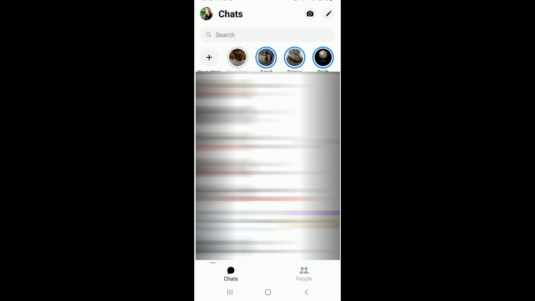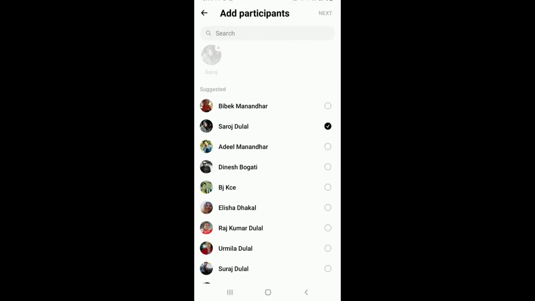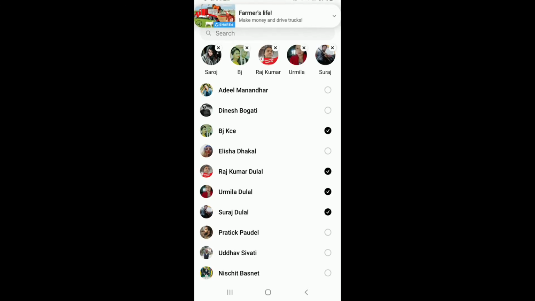Once you reach the chat screen of Facebook Messenger, tap on the pencil icon located at the upper right corner of the screen. Tap on Create a new group from this page. Select the people you want to add to your group by simply tapping on the circle. Once you choose all the contacts that you want to add to a group, tap on the Next button at